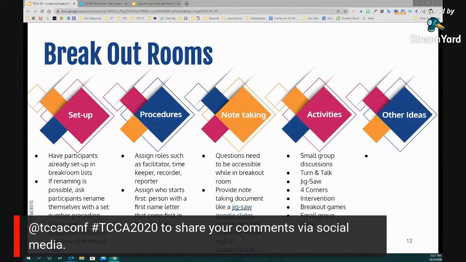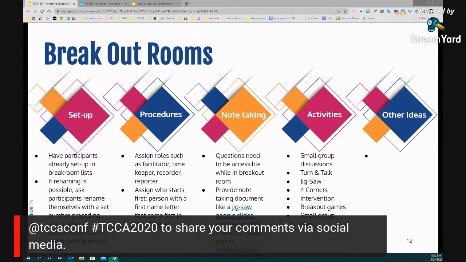Other things to be mindful of: before you send people into their breakout rooms, explain the expectations clearly on what they're supposed to do there. Tell them how long they will be in there. You can also give them roles: facilitator, timekeeper, recorder, the note taker, and reporter, the person who will share out what the group discussed or learned once everybody is back together in the main room.